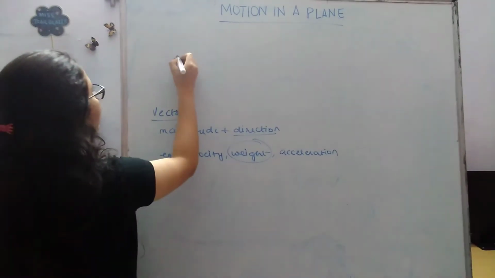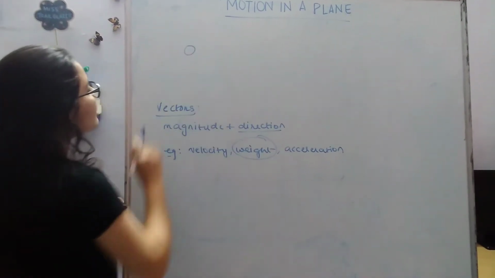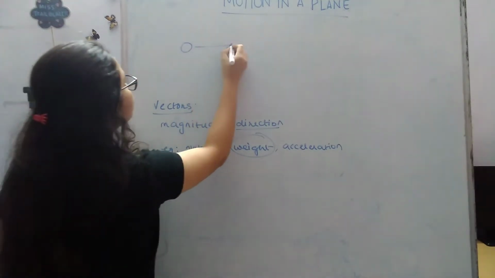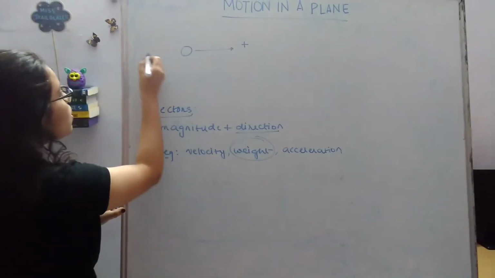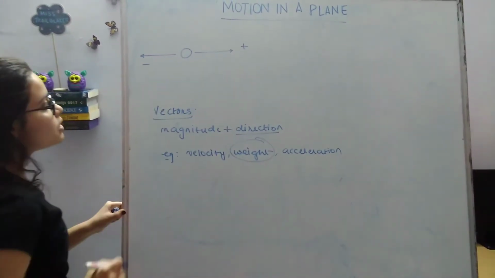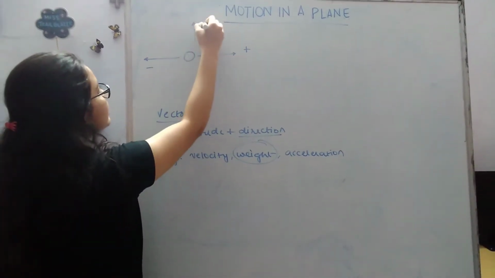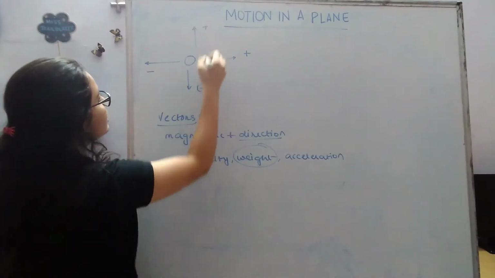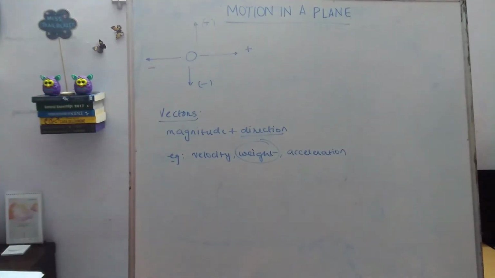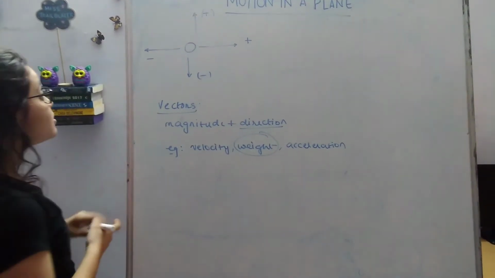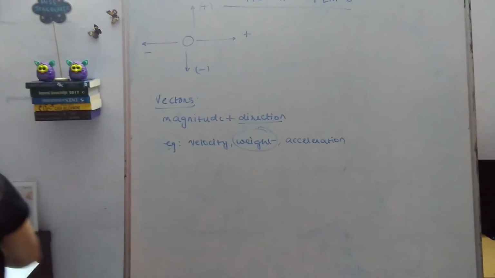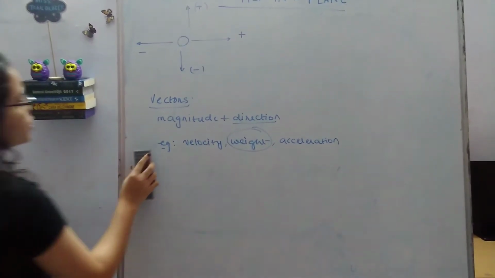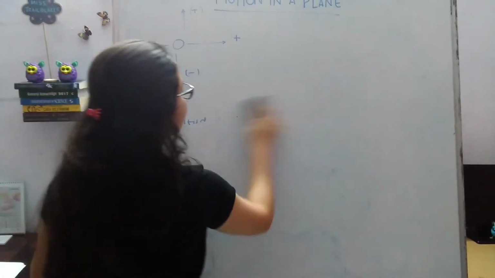So in one dimensional or two dimensional motion, if I have to give the direction, I used to say it is in positive direction or it is moving in negative direction. Even if it was going vertically, we had given a sign convention. But we live in a three-dimensional world. So now I will give you the diagrammatic representation of motion in a plane or in three dimensions.